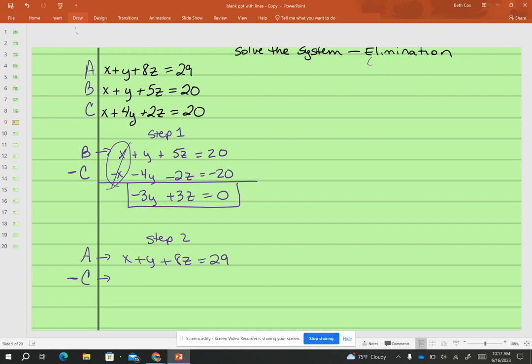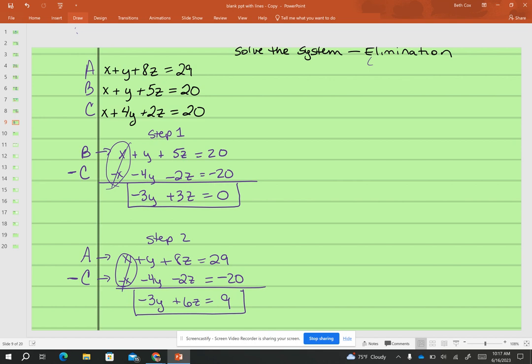And then if I do the opposite of C, or multiply it by negative 1, I get negative x minus y minus 2z equals negative 20. Again, the x's cancel. I get a negative 3y plus 6z equal 9. Okay, so that's step 2. Now step 3,